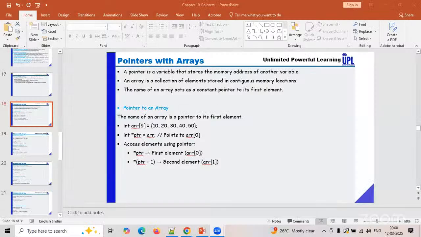If you want to learn pointers, the majority of people find it very difficult. That's why we have elaborated sessions on pointers. We started with the simple pointers concept: it's a variable which holds the address of another variable. I think this is the third or fourth session where we are trying to understand further, not